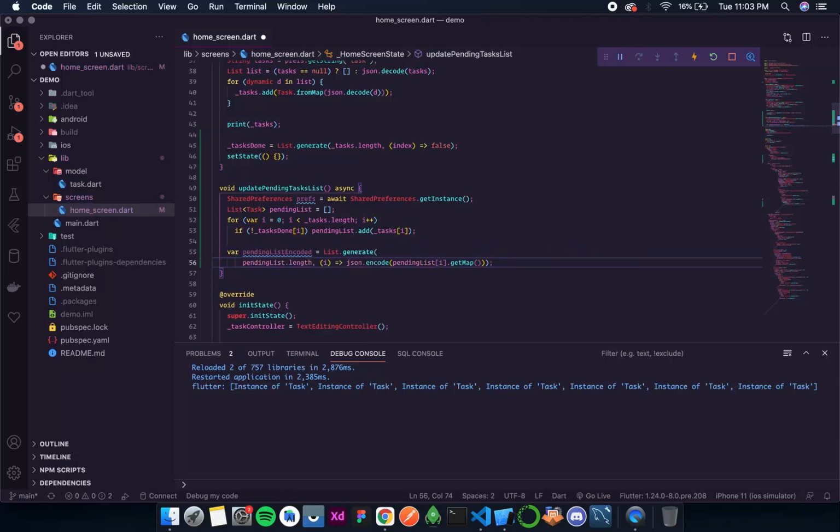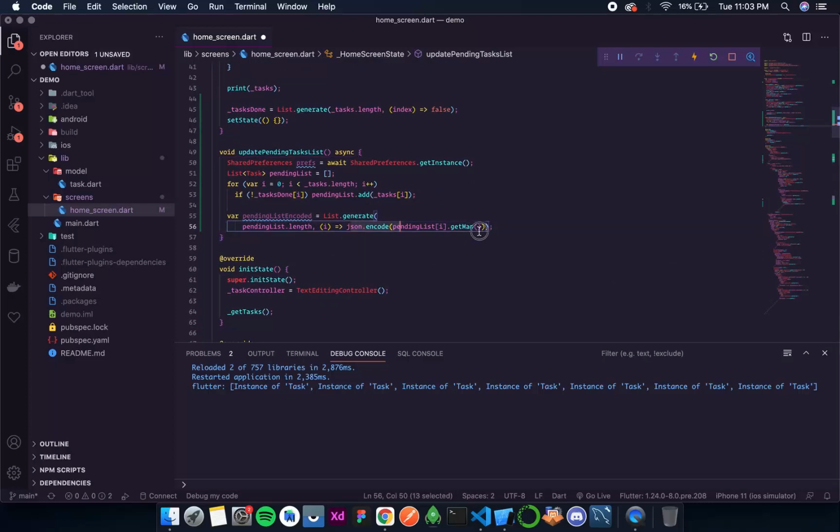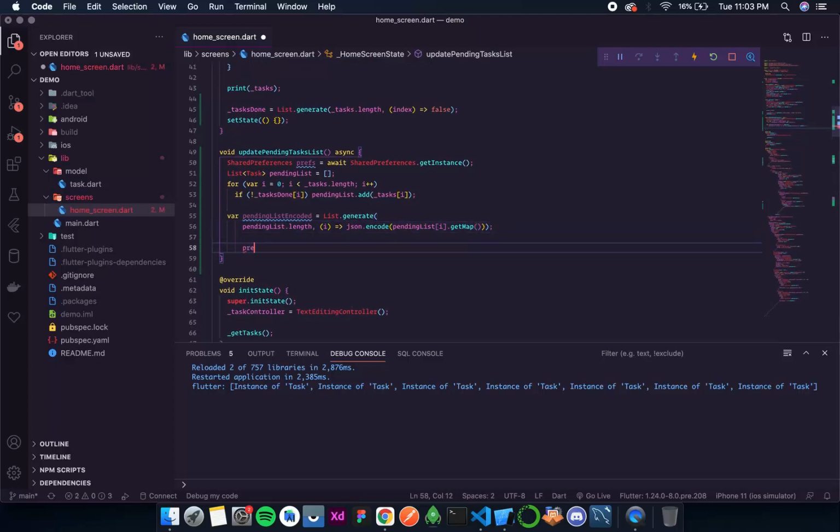So this is done. Now we need to save this encoded list, because when we are getting the task we are decoding it twice. So the first level of encoding is done over here. Now we'll do the second level of encoding.